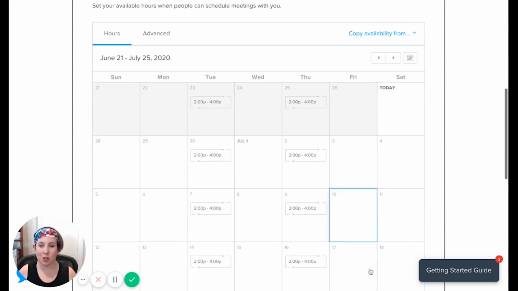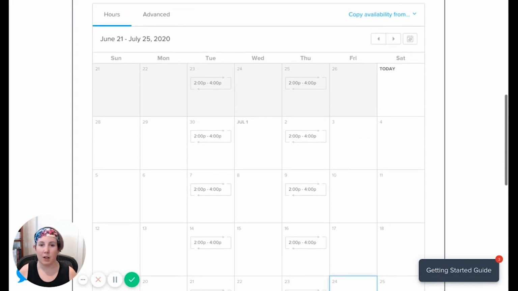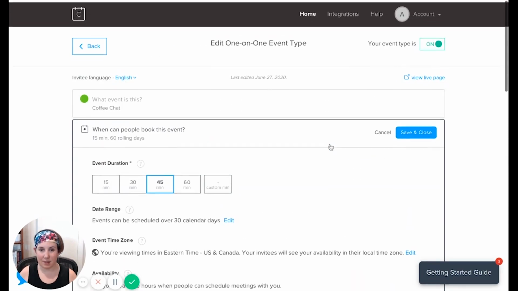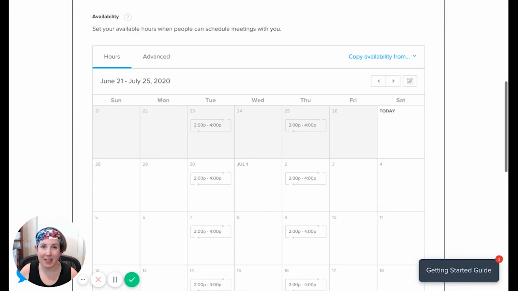If you come down here and click show more, you can see it for this time period. So here it is for the next 30 days. If you're interested in knowing how to individually time block and not give a specific range, there's a way to set that up as well. And you can check the video here to see how that is done. Now, before we move on from setting the availability,